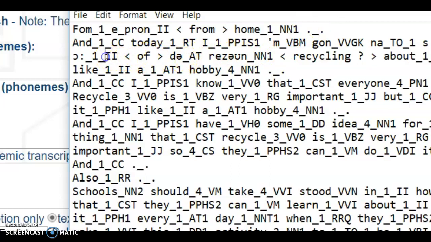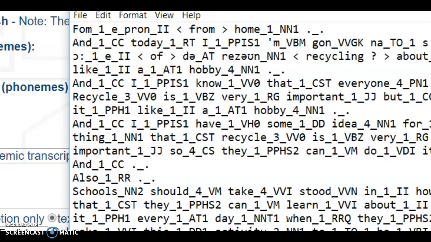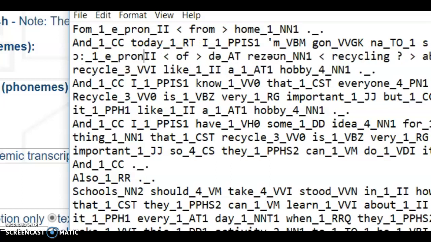So this here is probably what I'd call a pron error. And this is also another pronunciation error. This is probably the weakest point for this student, is pronunciation. Otherwise, she's really strong at everything, and most of the time we know what she's talking about.